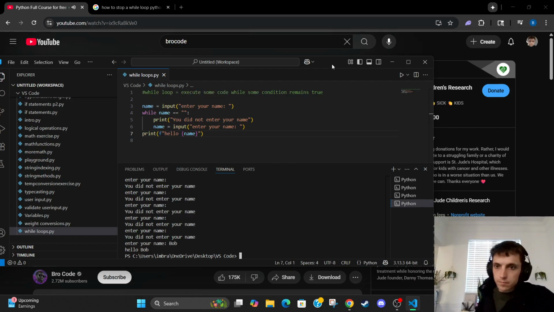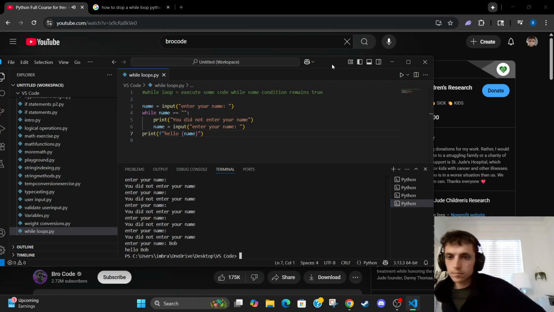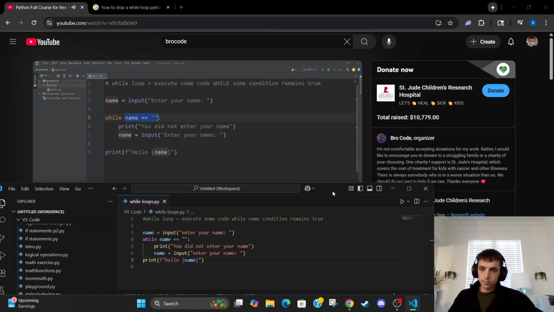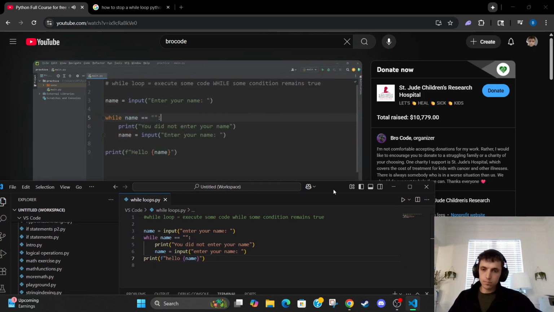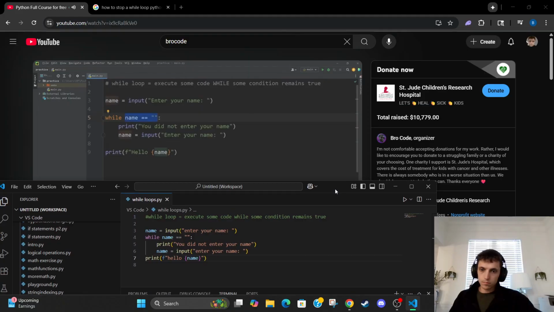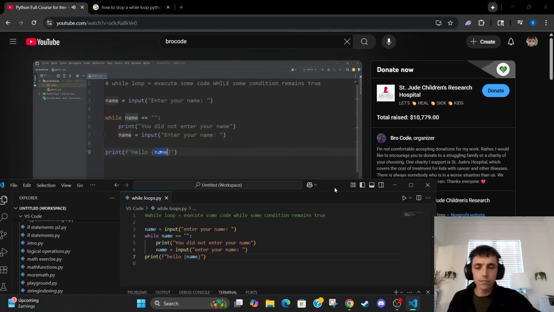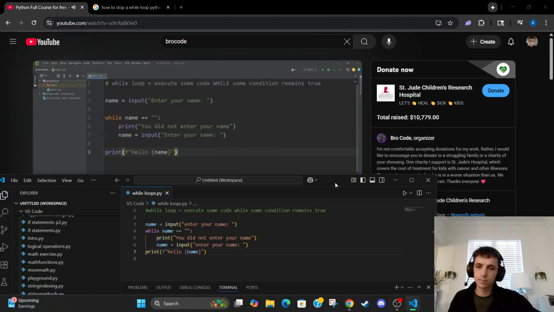While this condition remains true, execute this code potentially forever until this condition is no longer true. So that's one of the main benefits of a while loop. If it's not true, then you exit out of the while loop. And that's why we were able to continue, then print our name. Hello, name. You do want some way to escape out of the while loop, otherwise you'll run into what's known